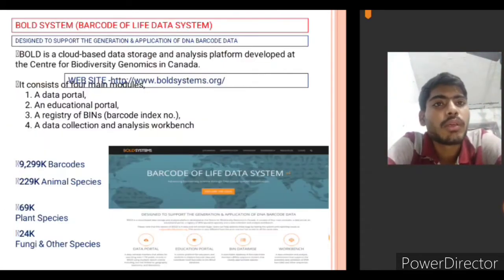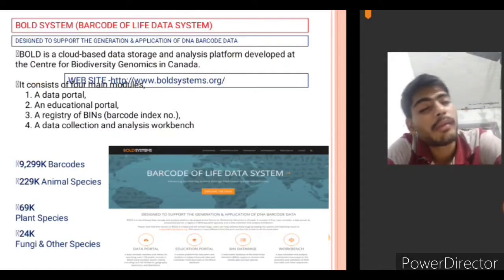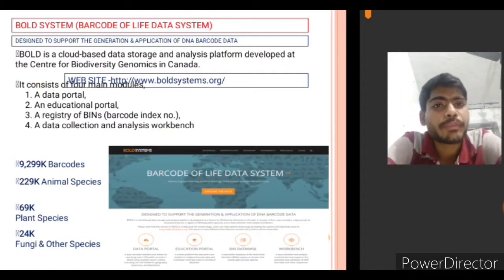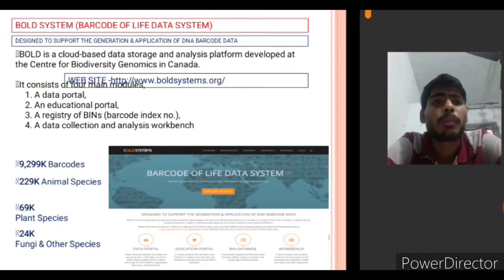BOLD refers to the Barcode of Life Data System. It is designed by the Centre for Biodiversity Genomics, Canada. Mainly it is designed to support the generation and application of DNA barcode data. It consists of 4 main modules, like a data